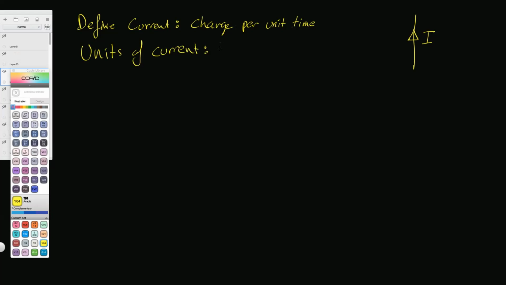Okay, all right. And the units of current are, of course, the ampere. And 1 ampere is 1 coulomb